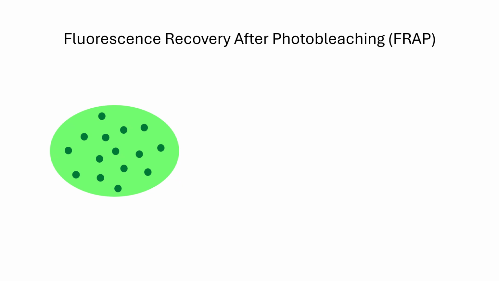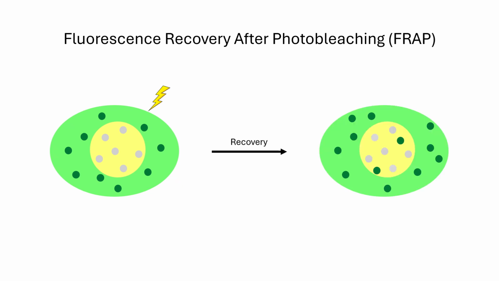First, let's understand what FRAP is. Fluorescence recovery after photobleaching, or FRAP, is a microscopy-based technique used to study the mobility and diffusion of proteins and other molecules within cells. It involves bleaching a specific area of a fluorescently labeled sample, for example, GFP labeled proteins, with a high-intensity laser, and then monitoring the recovery of fluorescence in that area over time using a lower intensity laser.